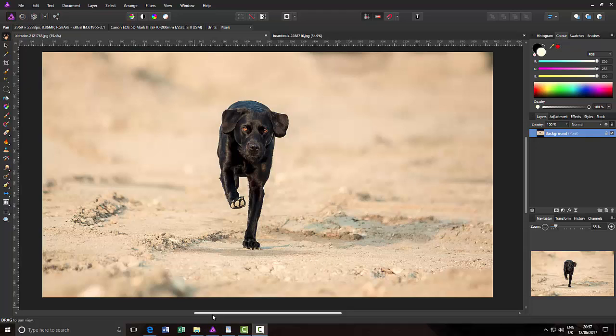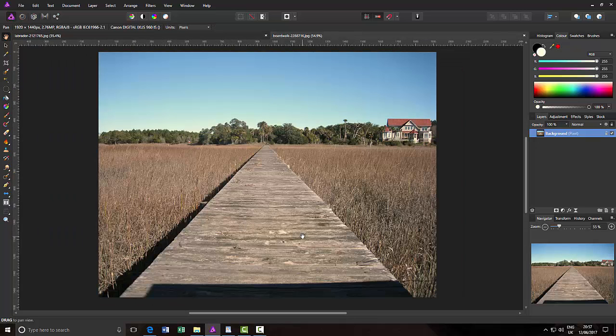which is why the image I've made probably doesn't work as brilliantly as I would have hoped, because obviously this picture of the dog is taken at pretty much the eye level of the dog, whereas with this wooden walkway we're looking down on it slightly, so I've already broken that rule a little bit, but